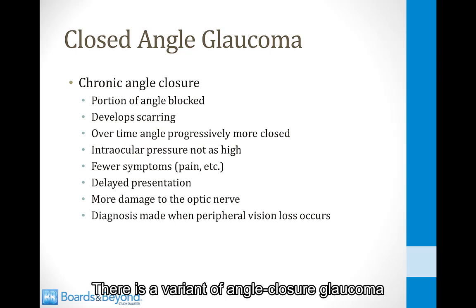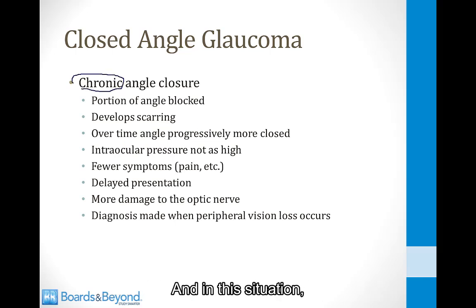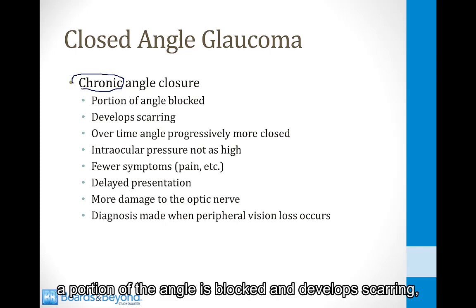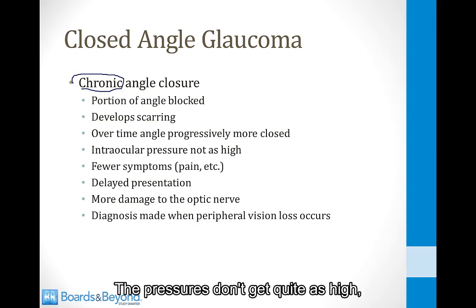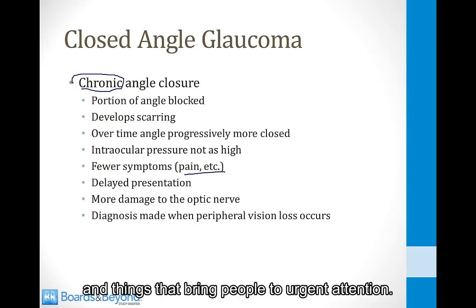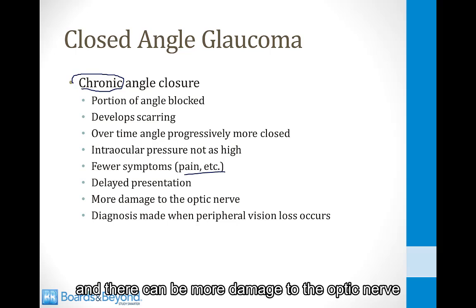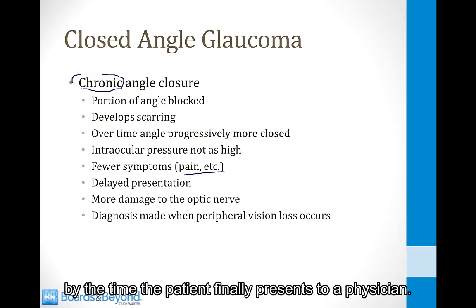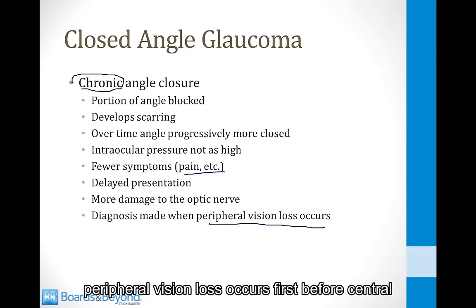There is a variant of angle closure glaucoma called chronic angle closure glaucoma, and in this situation a portion of the angle is blocked and develops scarring, and over time the angle gets progressively more closed. The pressures don't get quite as high, so there are less of those symptoms like pain that bring people to urgent attention. For this reason, they can have a delayed presentation, and there can be more damage to the optic nerve by the time the patient finally presents to a physician. And the diagnosis is often made when peripheral vision loss occurs, because remember, peripheral vision loss occurs first before central